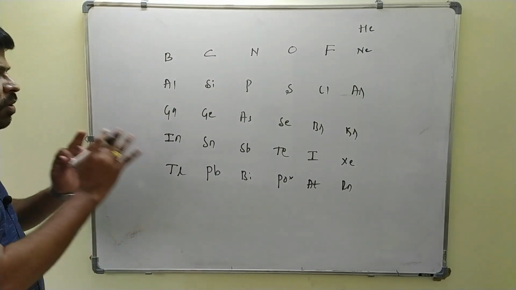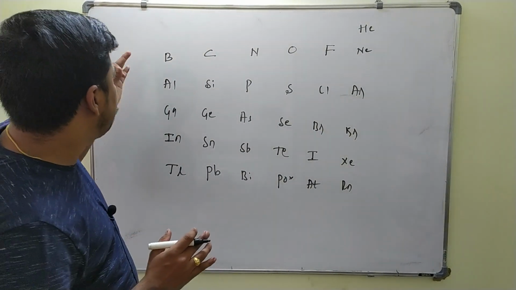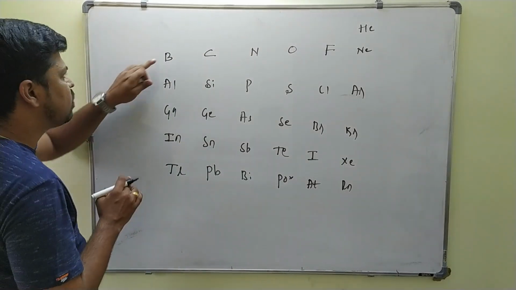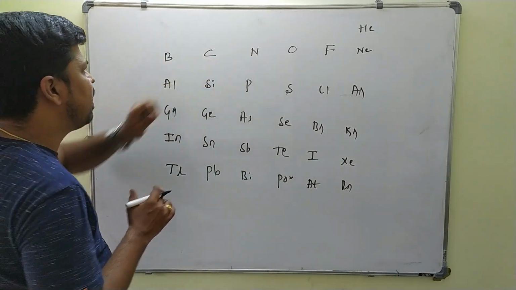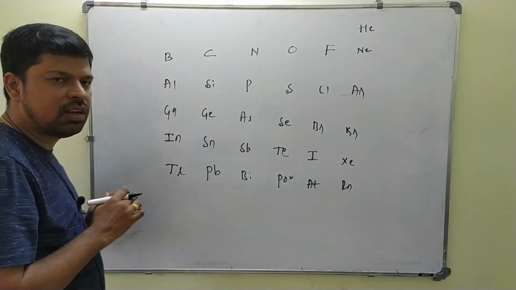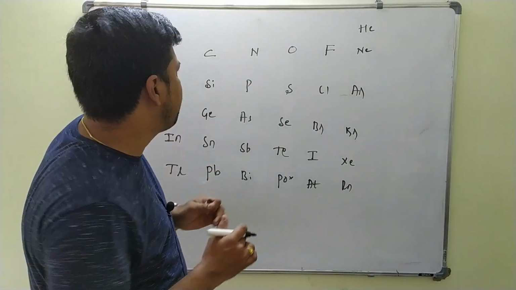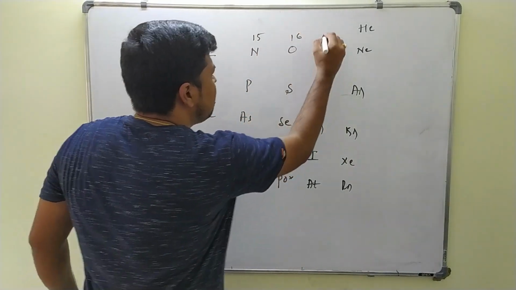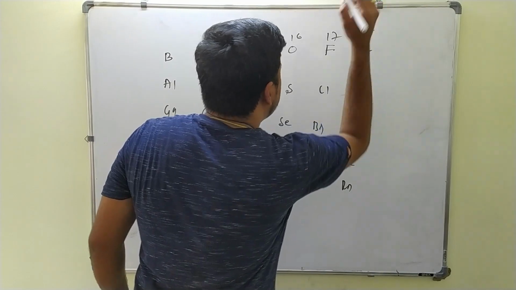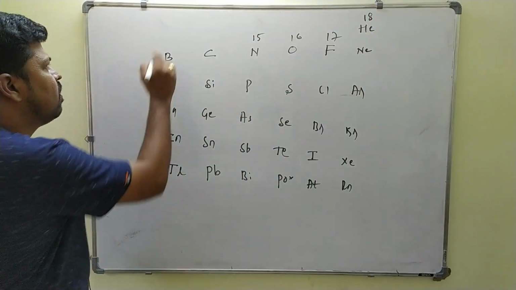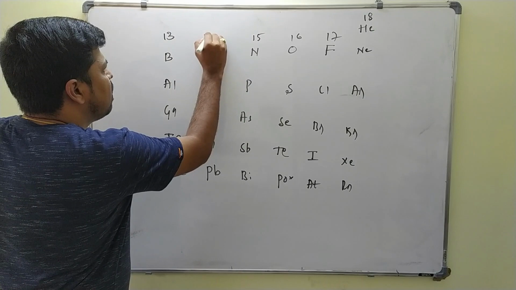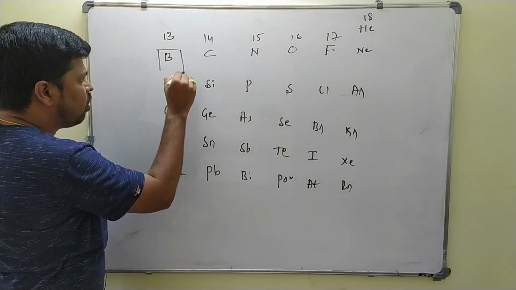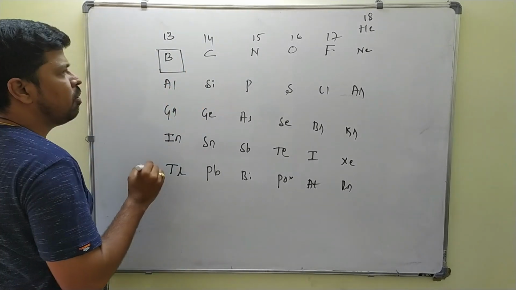Now this p block contains metals, metalloids as well as non-metals. Now we will see here, this is the boron family and carbon family. These two we have already studied in class 11. Now it is a continued part that we are going to study: group 15, 16, 17 and group 18 elements in detail in class 12 now. Group 13 is here and this is group 14. In total we will write which elements are metalloids.